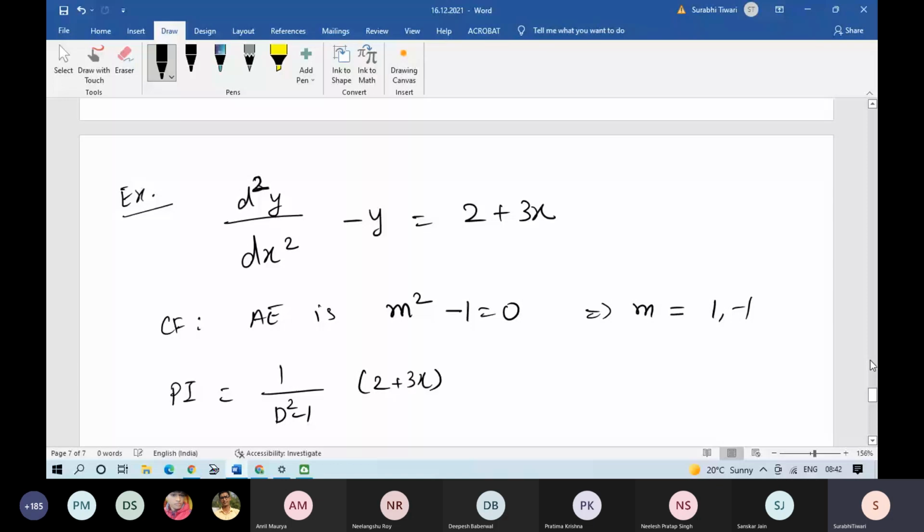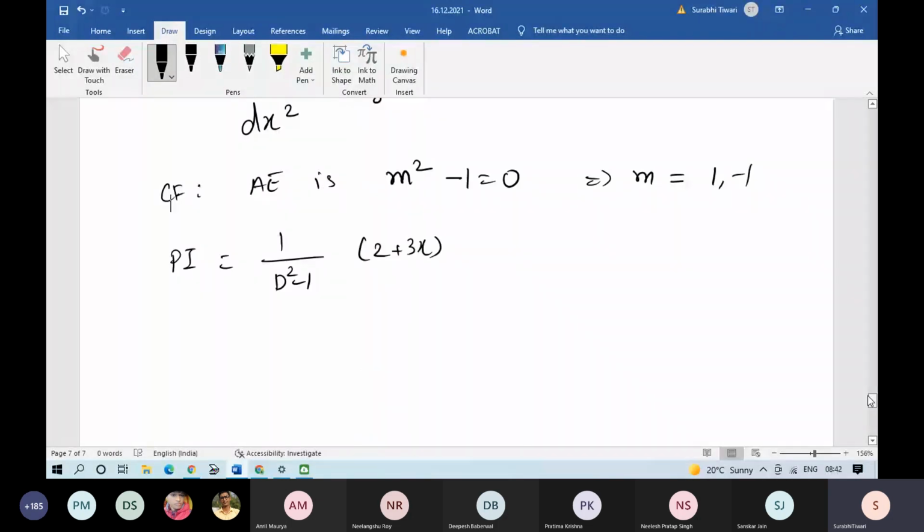Now we have to write d square minus 1 in the form of, now 2, this is a constant, so we have seen that we can write 2 as 2 into e raised to the power of 0 into x. ठीक, तो इसमें e raised to the power of x वाला फॉर्मूला लगा सकते हैं. तो ये क्या हो जाएगा, this will be, you put d is equal to 0, so 1 upon 0 square minus 1 into 2. ये तो वैसे ही रहा. अब जो दूसरा वाला है, this here 3 is a constant, this will come outside, और d square f of d का inverse, so d square minus 1 का inverse into x,